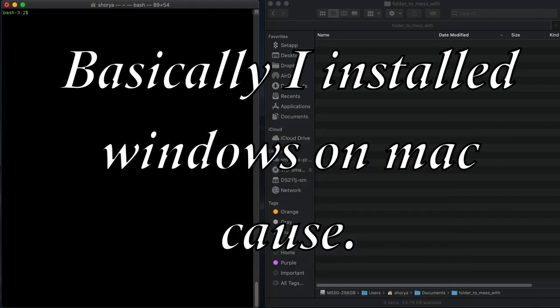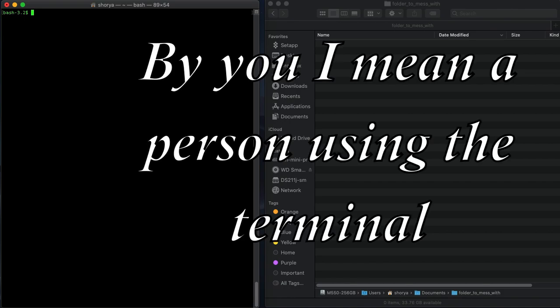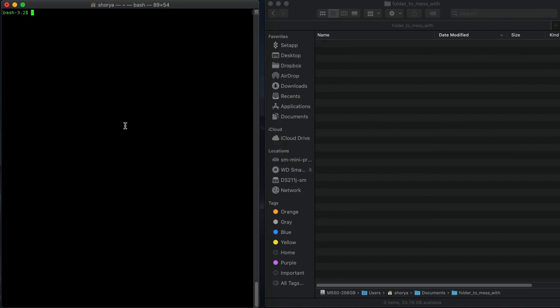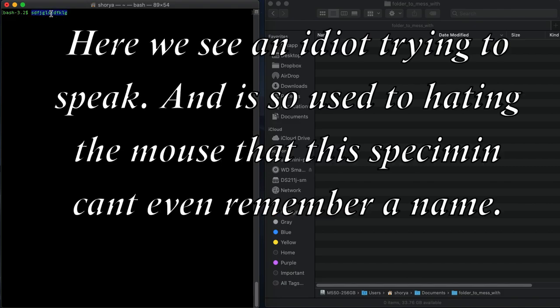The way this works is you are using your computer the correct way. Now, by the correct way, I mean the old way. You see, the GUI, where you click stuff, this wasn't a thing for a few reasons. Number one, we didn't actually have a mouse. You see, that's probably important. And so when you use the terminal, it's pretty much a good idea to just act like the mouse doesn't